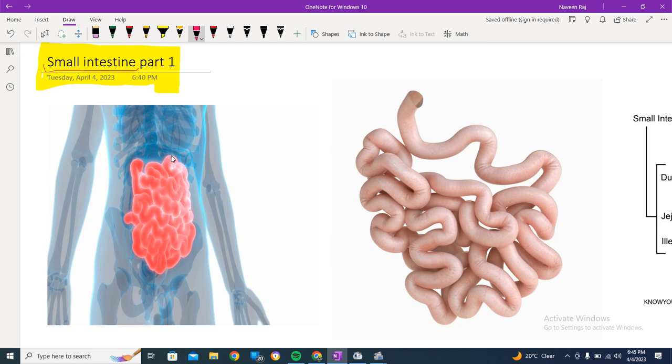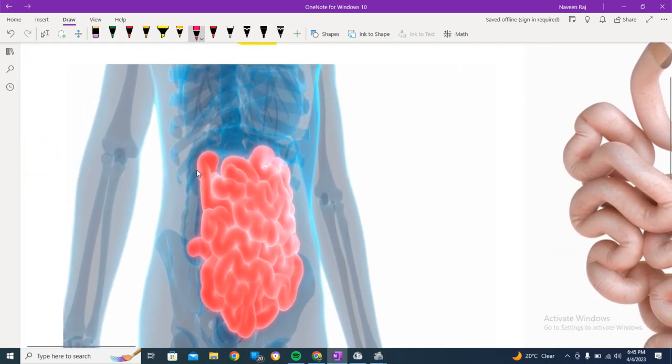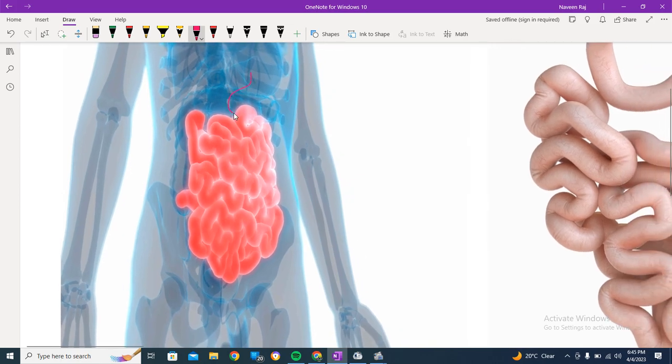it is then connected. Here in this picture I've highlighted the position where it is present. Here the stomach is connected on this side and it just enters into it, and there's a wall, and we just studied that wall which enters this. So this is a highlighted position of the small intestine,